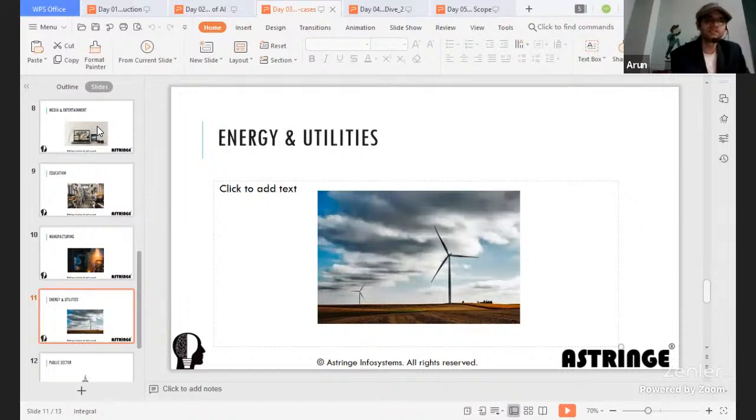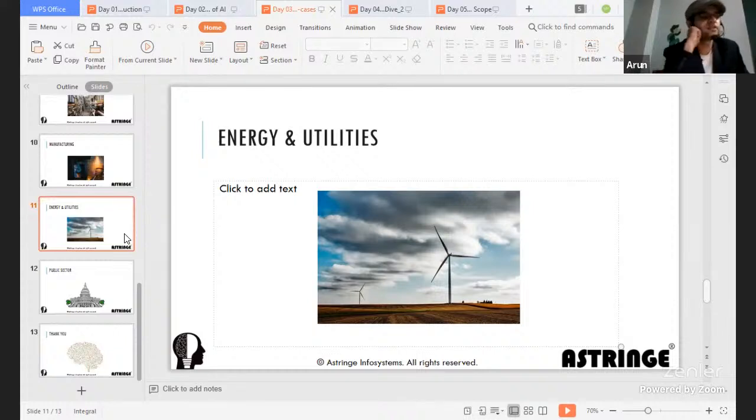Now let's see another important area of AI, which is energy and utilities. When I ask you about energy and utilities, what is the first thing that comes to mind? Renewable energy, right? Or you might even end up saying Tesla or other autonomous cars, because ultimately they also conserve energy, or use energy in a different format rather than conventional energy.